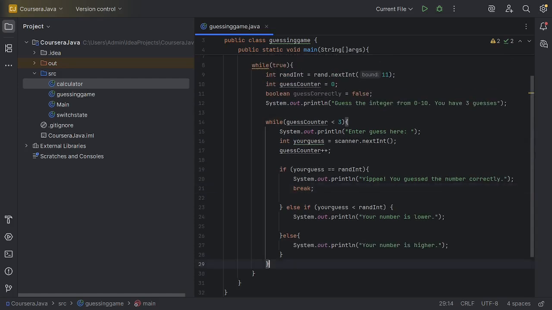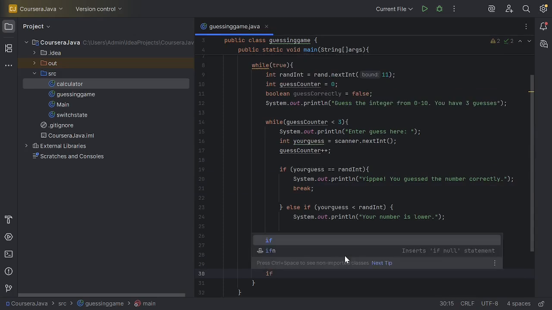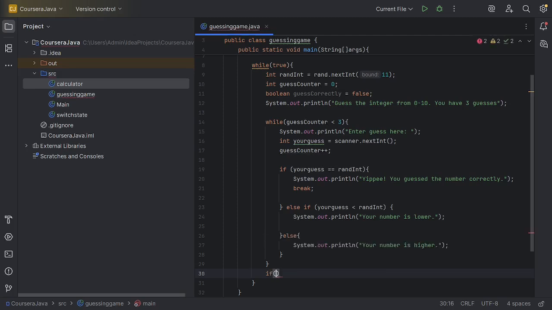And then, if they didn't guess the number correctly after 3 tries, or if not guessed correctly,